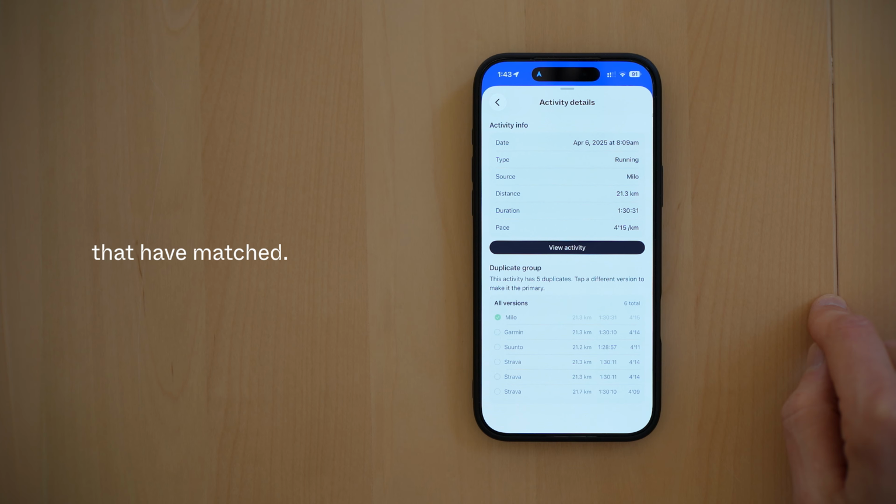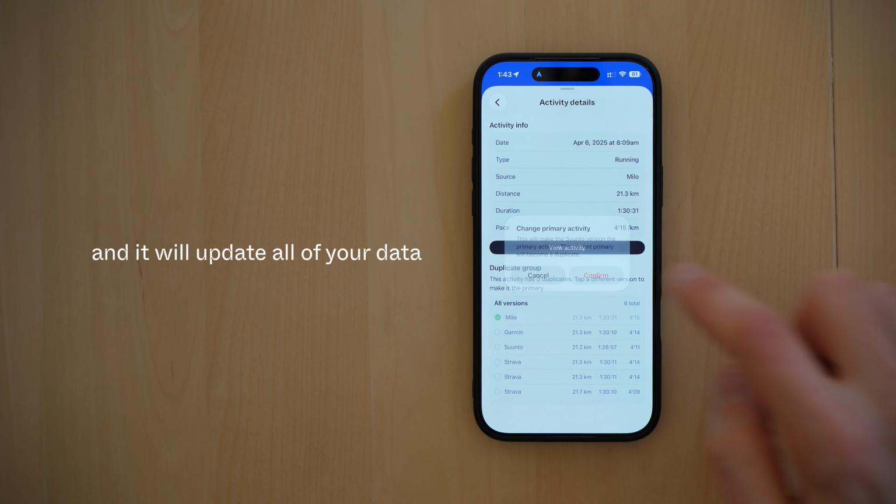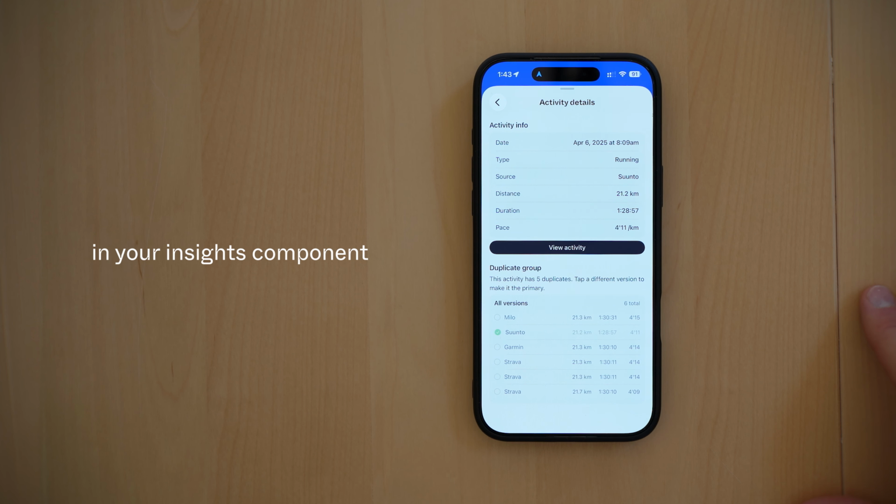Okay, so we actually do show you all of the activities that we found for this group that have matched. And then you can simply decide that you want another activity to be the primary activity for this, and it will update all of your data in your Insights component